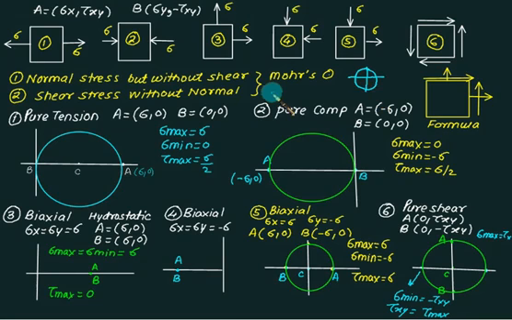Suppose we are given a state of stress that is a circle at origin, then he can give you 4 choices, that is figures number 2, 3, 4 and 5, or second time he will give you 2, 3, 4 and 6. So the first time 5 is the answer and the second time 6 is the answer.